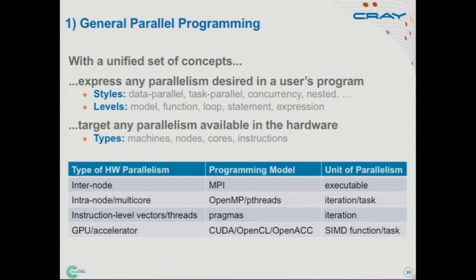Another way you can think of this theme is the table I showed you before, showing different types of hardware and software parallelism. What we'd really like to do is replace this middle column with Chapel. That's not to say we want all these other programming models to go away. We just want Chapel to be a model that works in all of these scenarios and exists as an alternative to the other models that we have today. Okay, so that's the first theme.